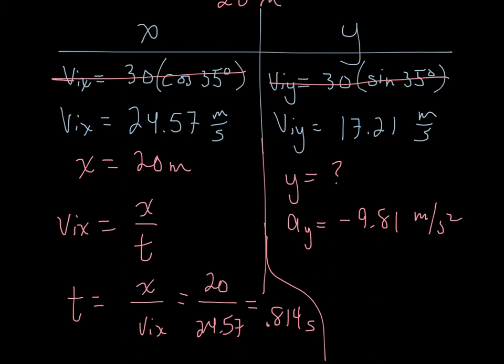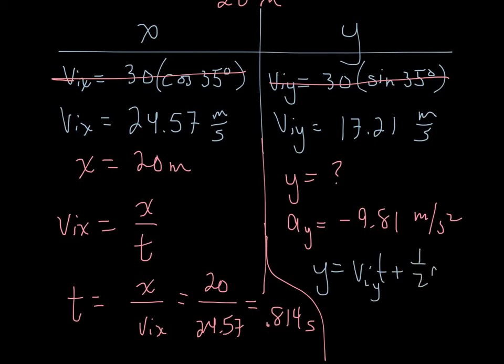All right, but now, what am I going to use with this time? How am I going to utilize it? Because that's not the problem. It didn't say find the time it takes to reach the cliff. You're going to take it over to the Y side. I'm going to move it over to the Y side. And since I'm trying to figure out what Y is, I'm going to probably use the formula Y equals VIYT